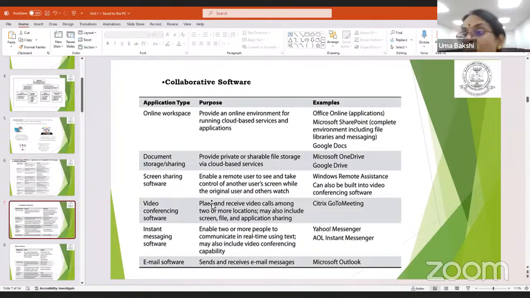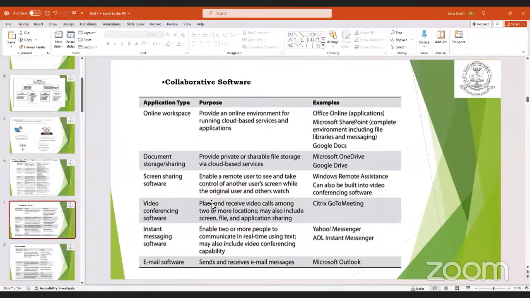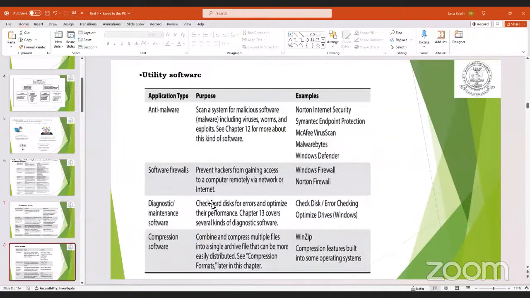Then Google Docs. That one Google Docs, any number of people can edit. Any number of people can work on it. Google Forms. Anybody can access that like that. So storage, screen, video conferencing, instant messaging, etc. Then we have utility software. Utility software means